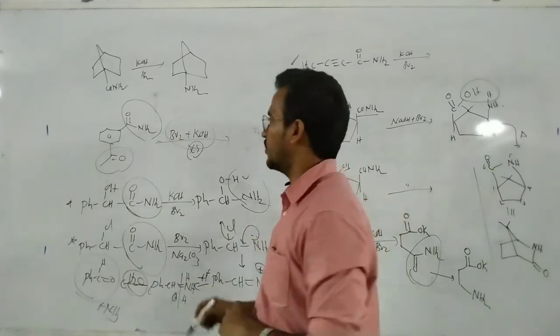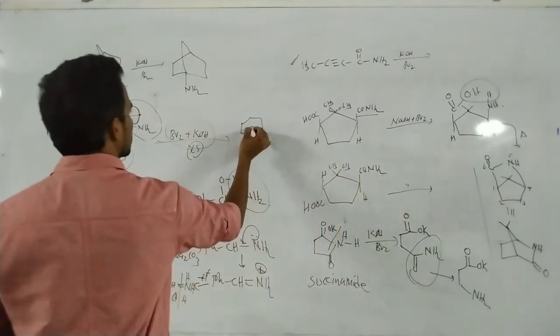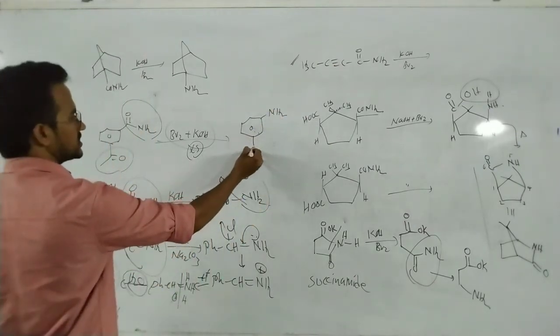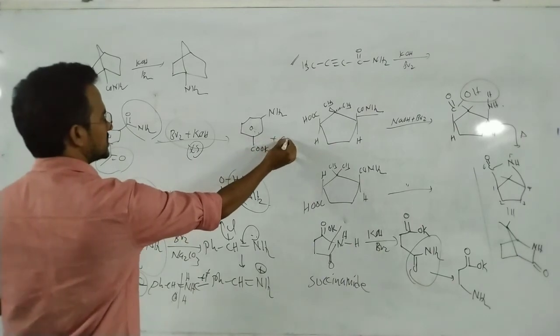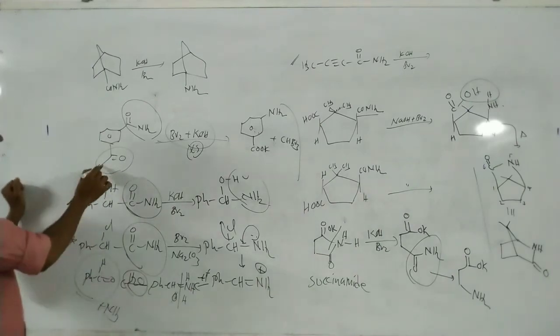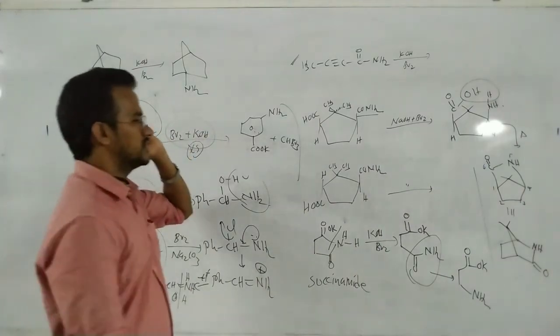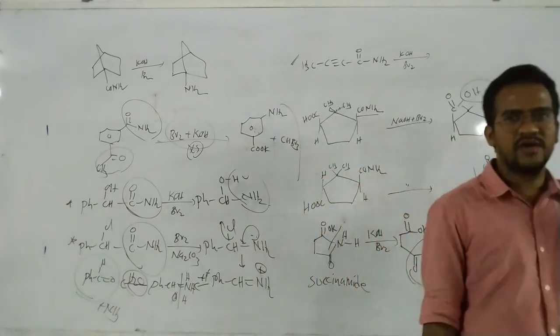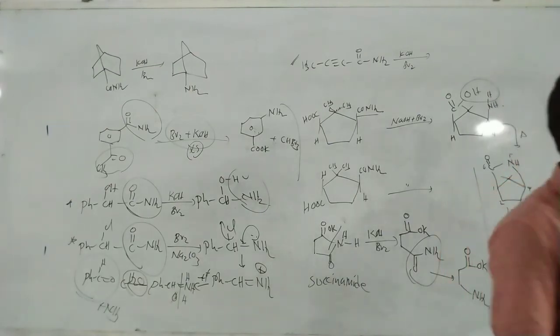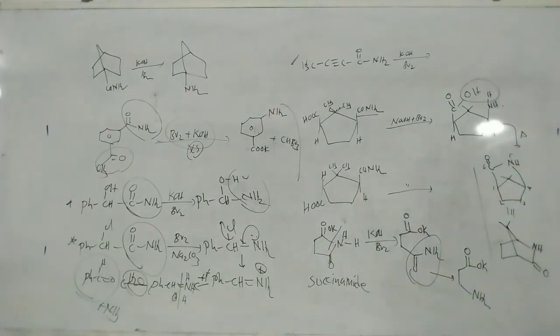The methyl ketone gives a haloform. So here the product is CONH2 to NH2, and COCH3 gives COOK plus CHBr3. That means the methyl group is converted to haloform. So in this case we can observe both the Hofmann bromamide as well as the haloform reaction. That's it, so that is about the Hofmann bromamide degradation. Of course, two more examples are there which we will discuss. First of all, write down this one.